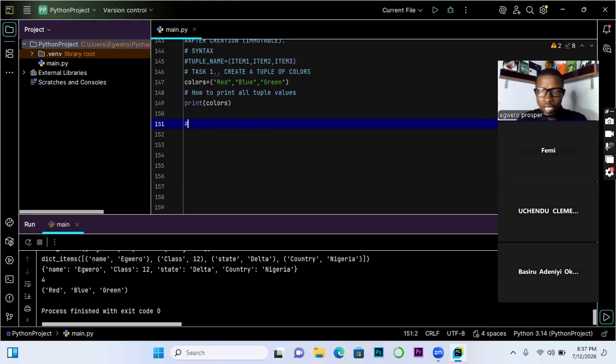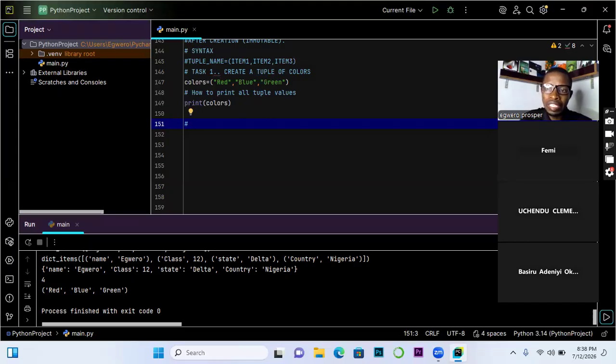So let's just quickly look at some of the tuple manipulation functions. Just like we saw in the case of dictionary, we have some functions, but know already that these functions are just to view, not to alter, except you convert the tuple to a list, which we are going to see later on.